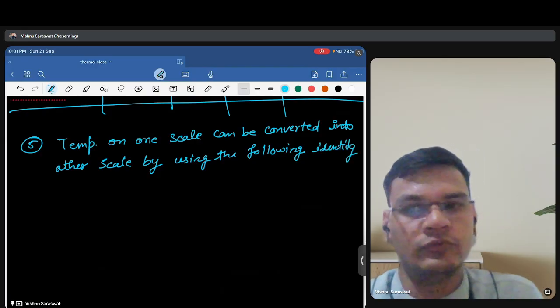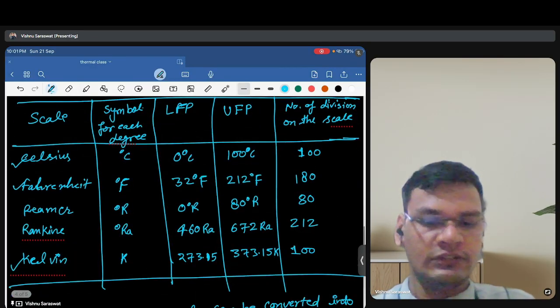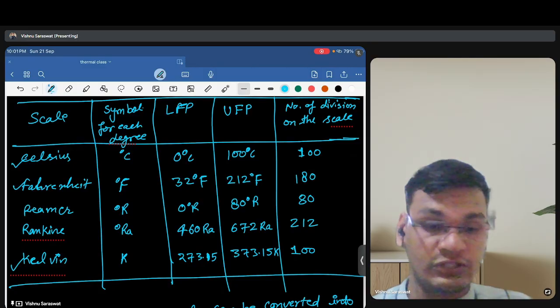Suppose, as I already showed in the table, we have the temperature scales: Celsius, Fahrenheit, Reaumur,